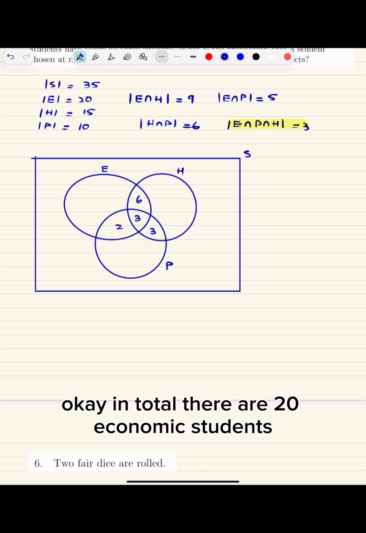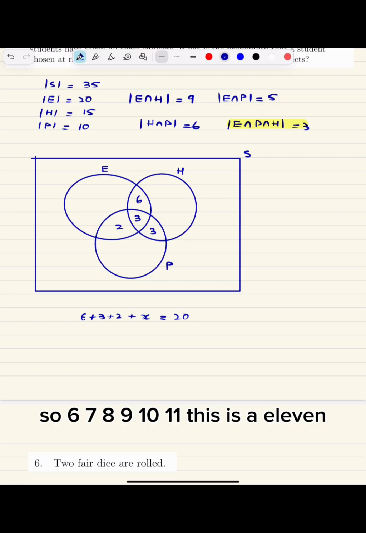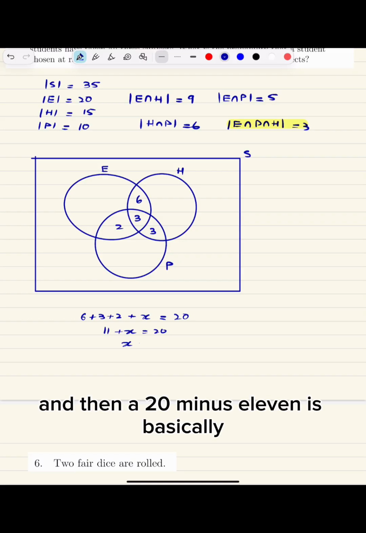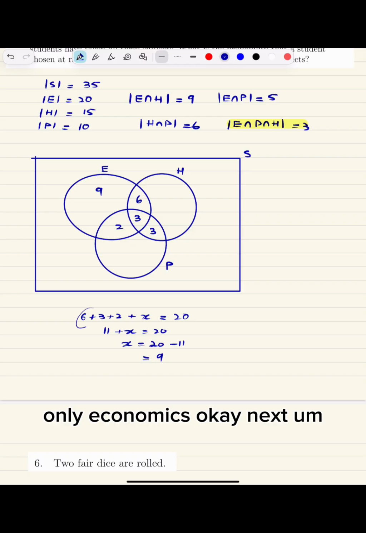In total there are 20 economics students. So 6 plus 3 plus 2 plus a number should give me 20. So 6, 7, 8, 9, 10, 11, this is 11, and then 20 minus 11 is basically 9. So we have 9 students who are taking only economics. Okay, next,